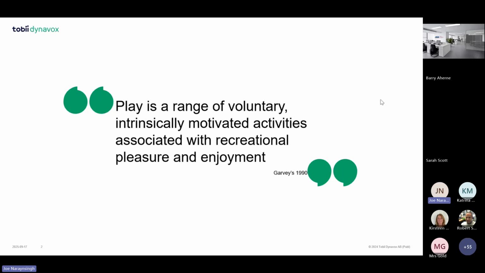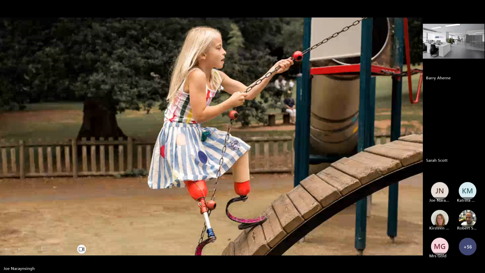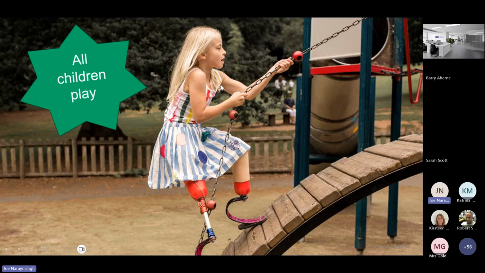So what is play? Play is a range of voluntary, intrinsically motivated activities associated with recreational pleasure and enjoyment. It's worth noting that all children do play differently. However, although there are different playing styles, which require different